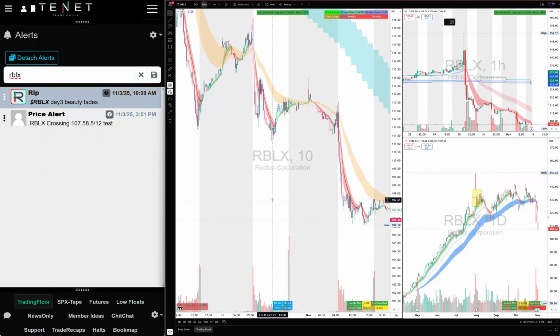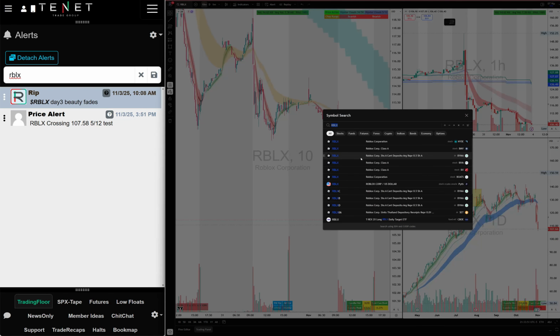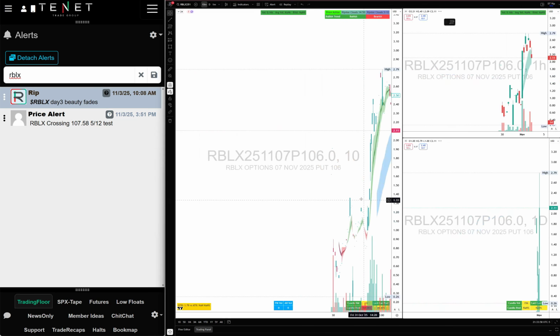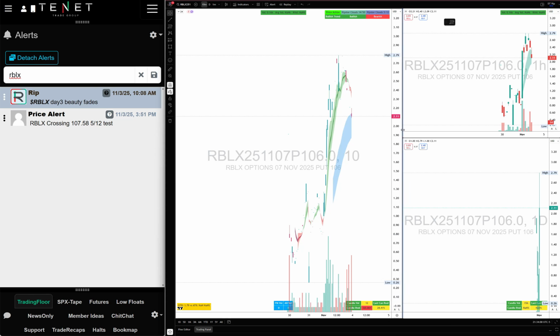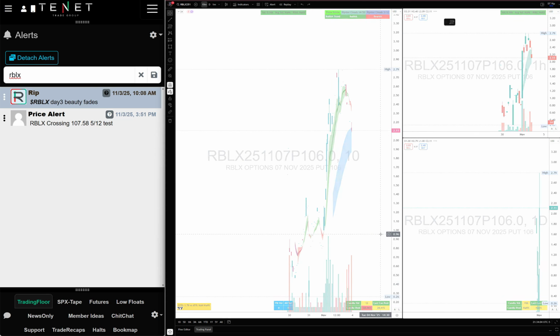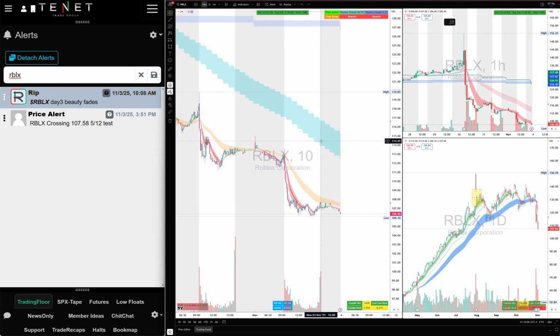So the guidance on RBLX was already provided to the traders: short under yesterday's lows. You see RBLX broke yesterday's lows from 111 to 106. Beautiful trade. Even if you were trading the 106 options or something, they ran in the morning from 60 cents all the way to $2.70, 50 cents. So really good trade there as well. Very nice. Let's go to the next one.